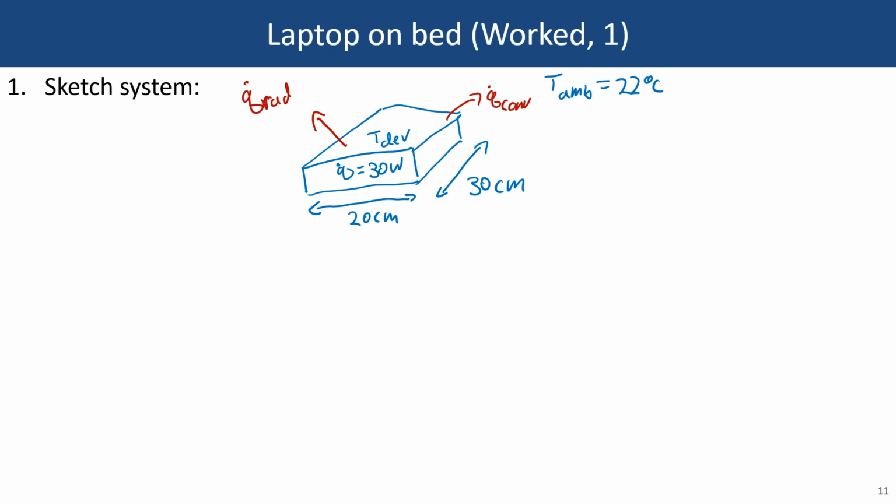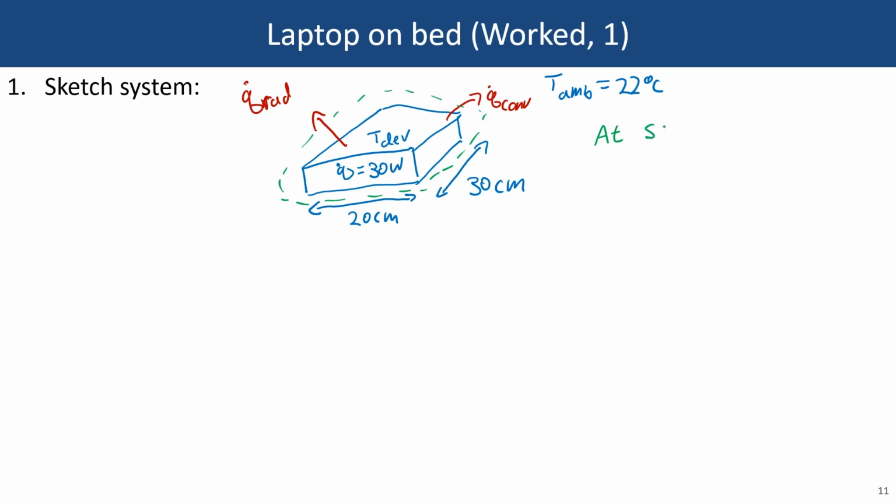And usually when you've got a situation where you've got natural convection to an air environment, the radiation heat transfer rate will typically be of comparable scale to the convection. So that means that we probably need to account for both of these. And if we draw a control volume for this system, we could observe that there's Q generated inside the system and some heat leaving the system, then at steady state,